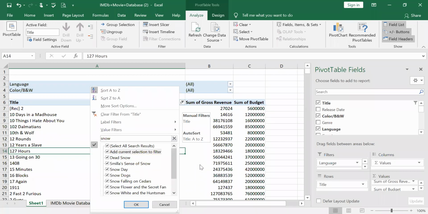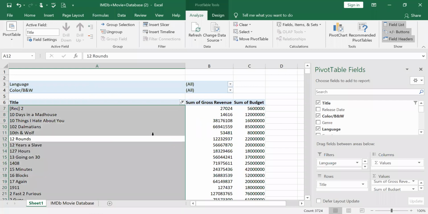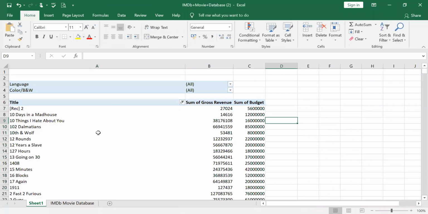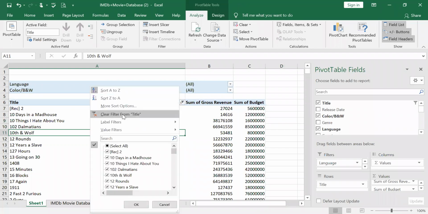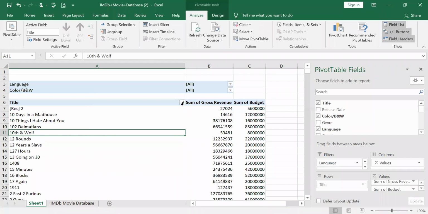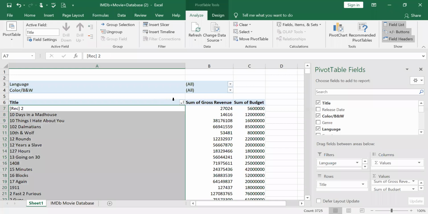Okay, in that I just don't want snow dog. In that add selection, I don't want snow dogs. I can deselect the snow dog. I can give okay. I just cleared. One more time, I'll just try.